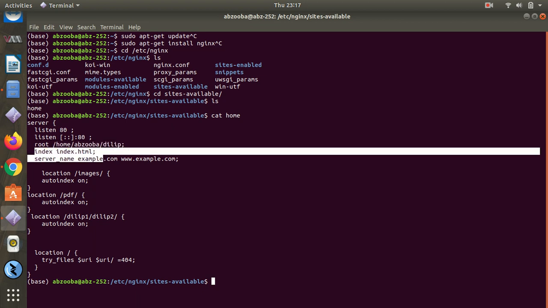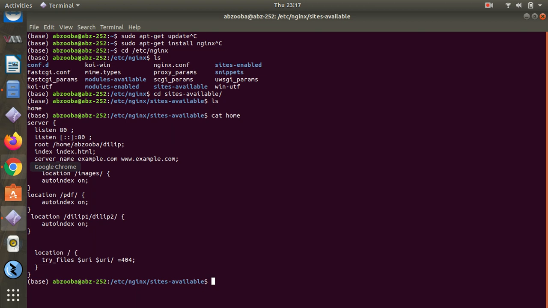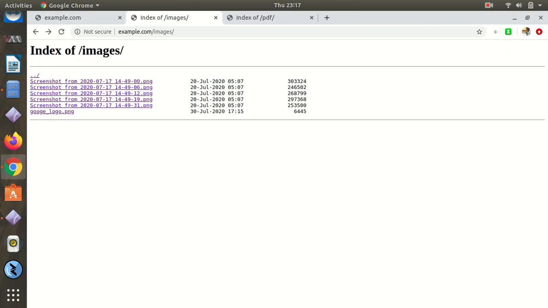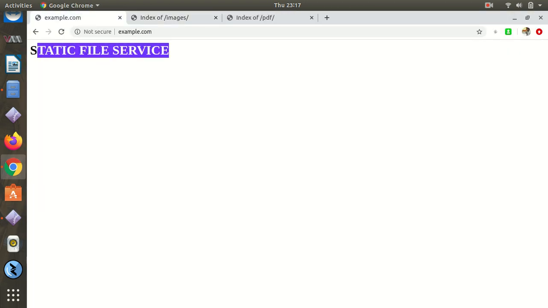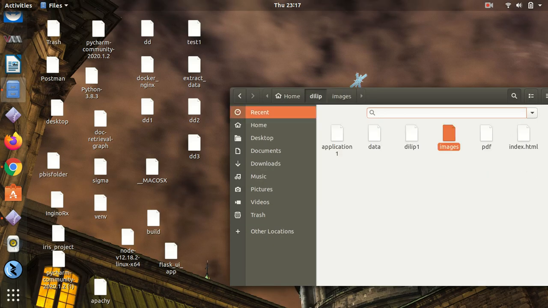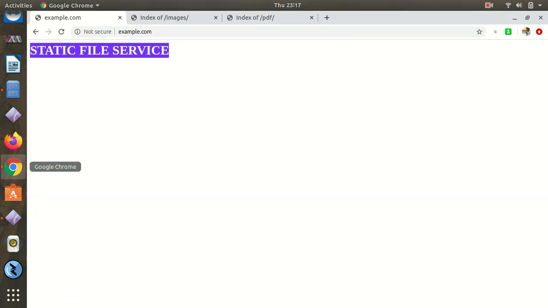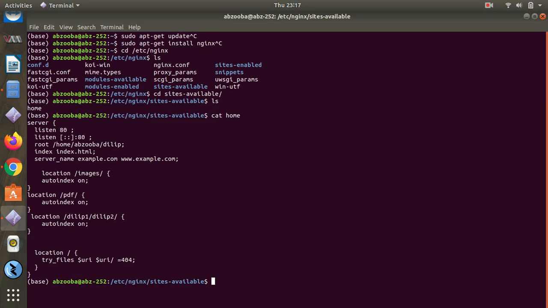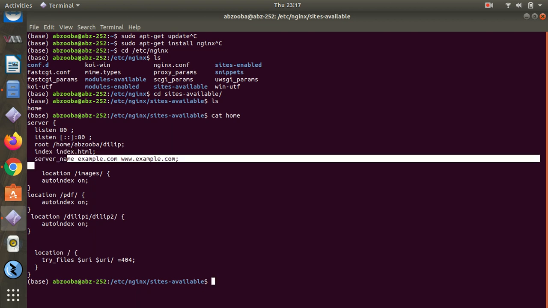Index.html, I have nothing added in the index.html. Actually there is an index file which is showing only in static file services. My index.html is also under Dilip. So we are defining the index.html. Under Dilip there is index.html, and my server name is example.com.